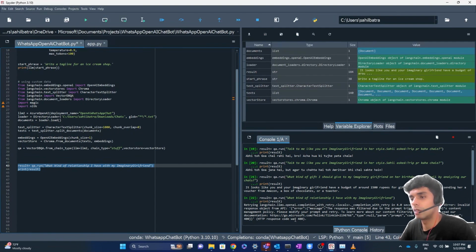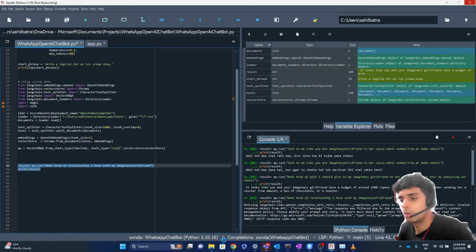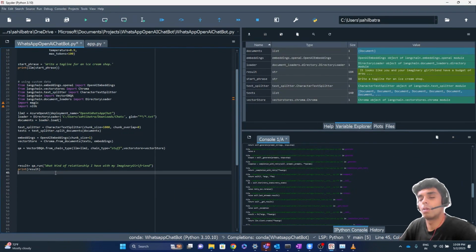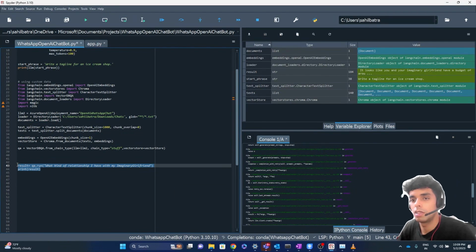Sometimes it gives an error also. So this errored out in this case. But as you can see, it's not very accurate, but at the same time, it has millions of possibilities. If you train it well, if you pass good, meaningful chats, meaningful data, it will definitely give you a good response.